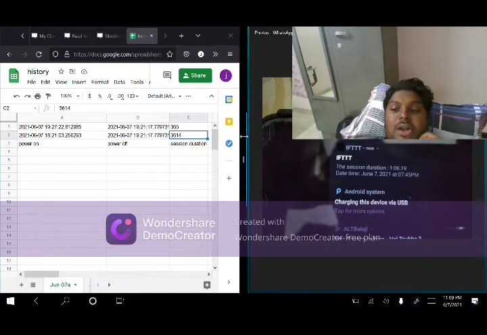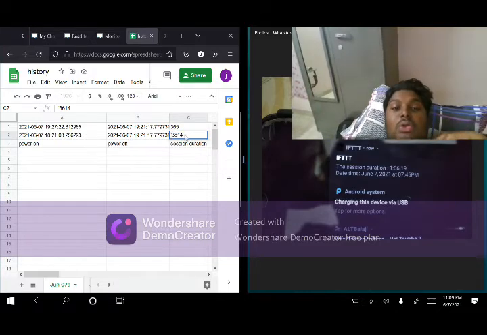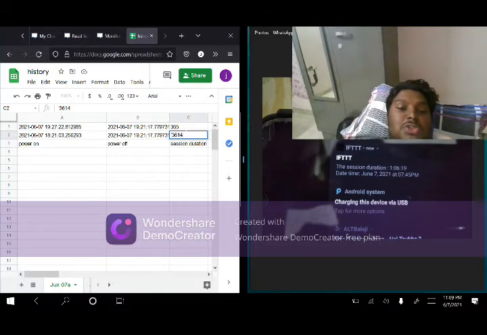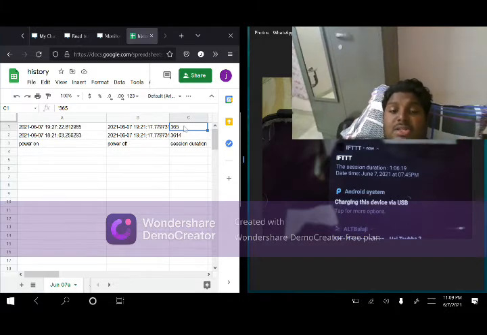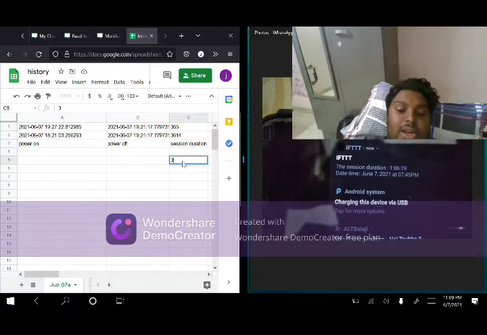Coming to the last part, the actual power on history, like how much time the power is consumed, is calculated here. All the seconds are added, and I think 3919 seconds total. So it's 3919 seconds, right?